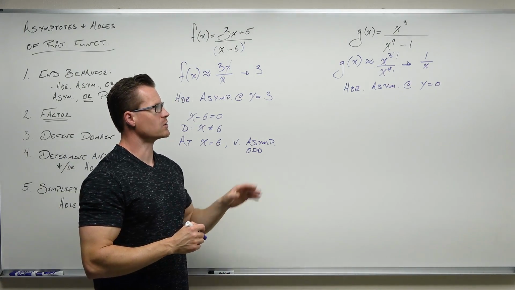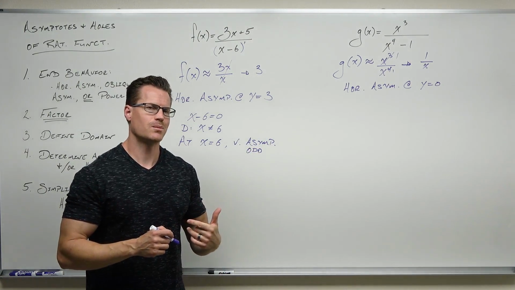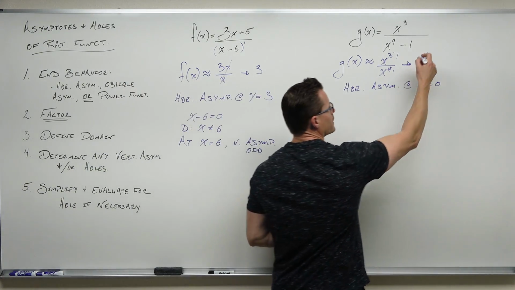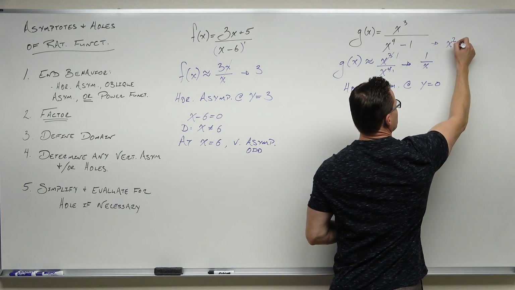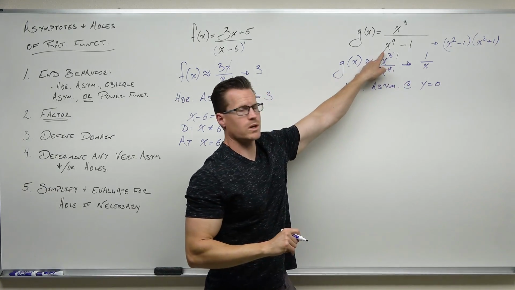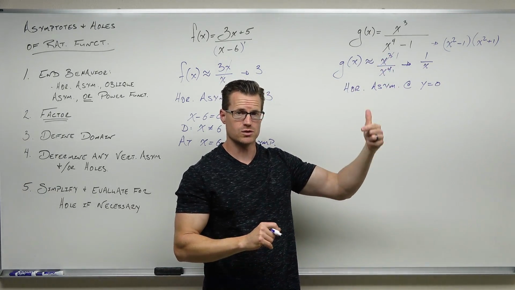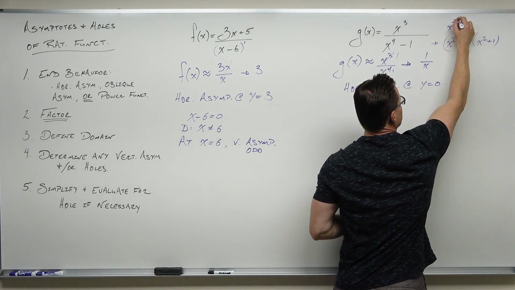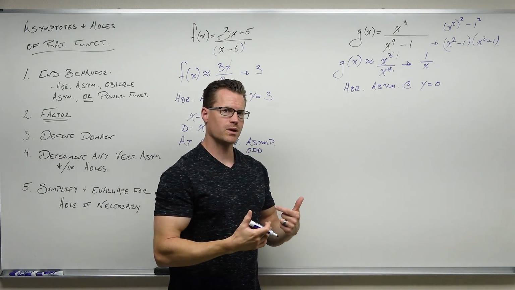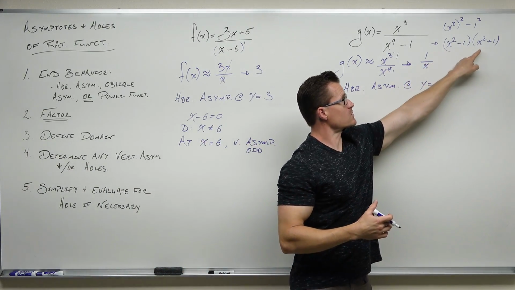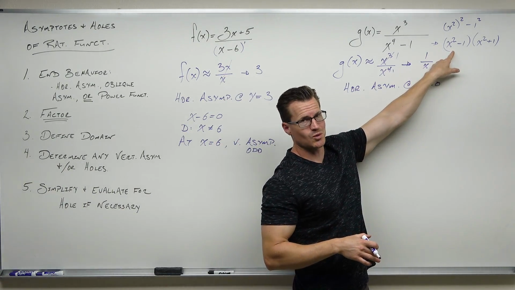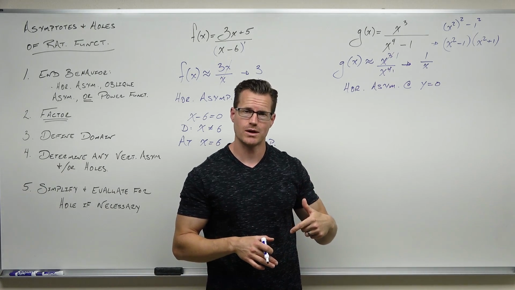Now, the numerator is factored, but that x to the 4th minus 1, we've seen that a couple times. That's like a difference of squares wrapped up in another difference of squares. So I'm going to take a moment and think of this as x squared squared minus 1 squared, which would give us x squared minus 1 and x squared plus 1. But that's also a difference of squares. This one's not. That's an irreducible quadratic. You cannot factor it anymore. That is done. But this is a reducible quadratic. You can factor that as x minus 1 and x plus 1. So our